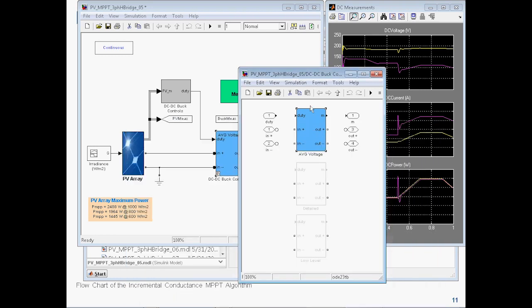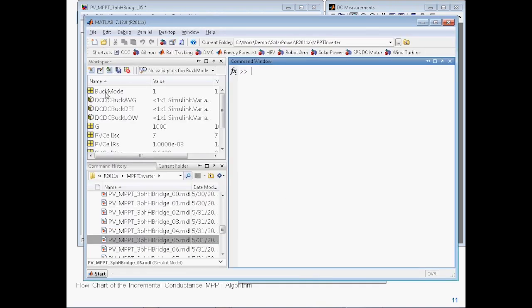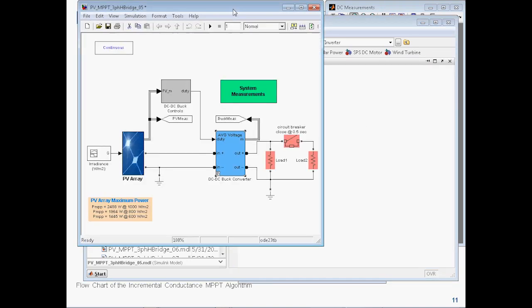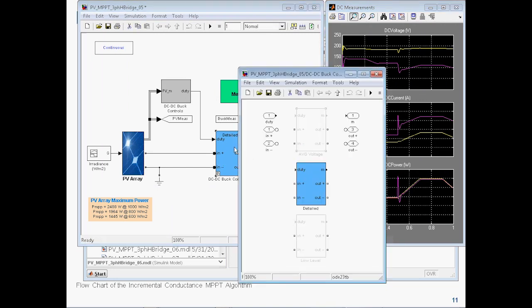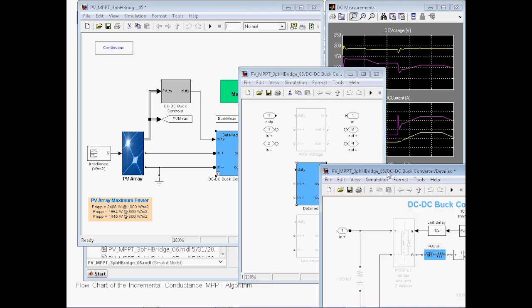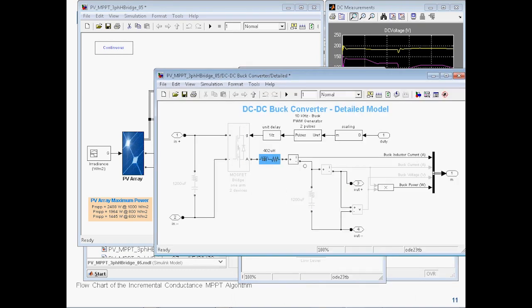Now, of course, all of this can be controlled by an outside MATLAB variable. Actually, I have this back mode variable. If I set it equal to 2, for example, what is going to happen is when I update my model, Control D, now it has switched to the detail implementation. So if I look in here, now the circuit that is going to be used is